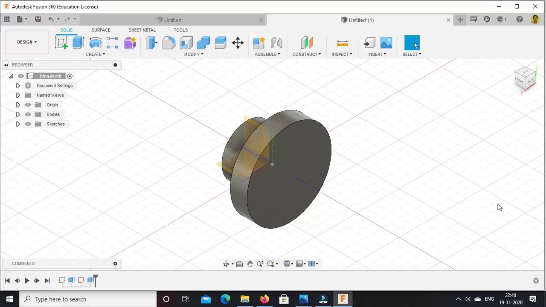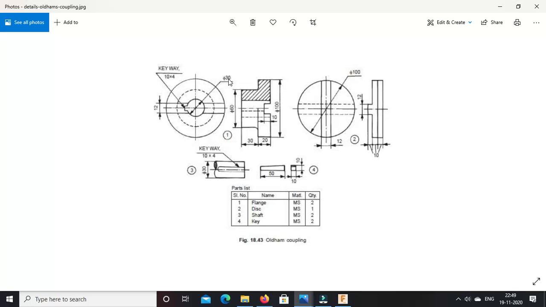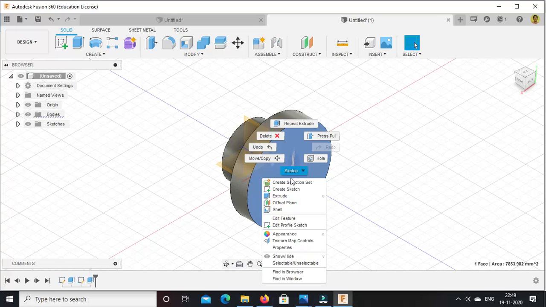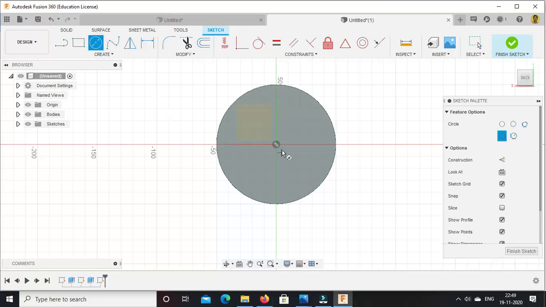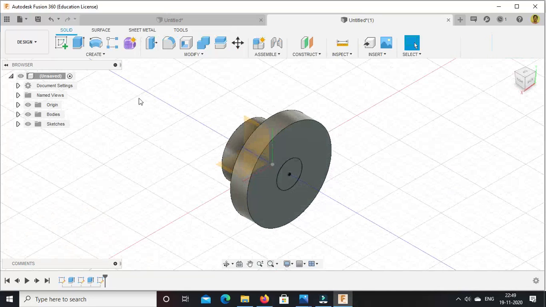Now we will drill the central hole which is required throughout the length, of diameter 30 mm. So this hole is throughout the flange or length of the flange, and diameter is 30. So again, select this face, right click, go to create sketch option, center diameter circle, place center, drag it, diameter 30 mm, press enter, finish this sketch mode, go to extrude